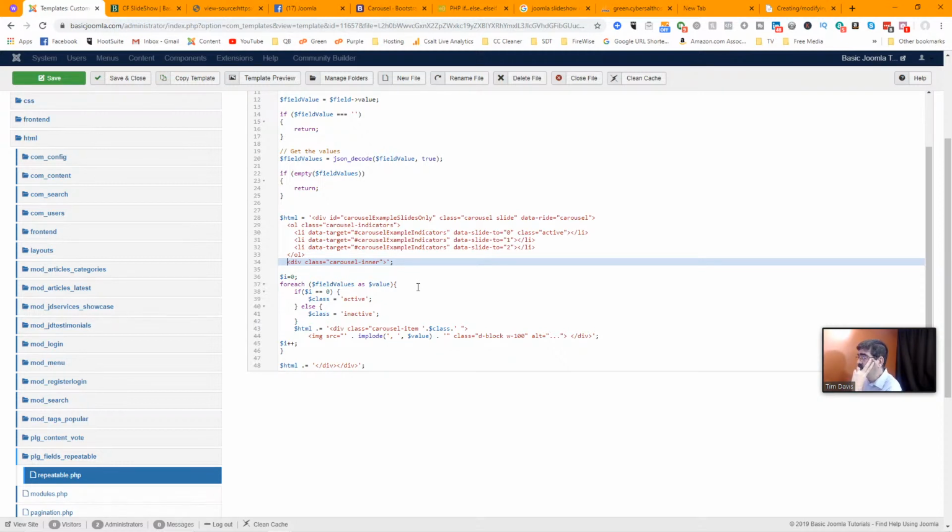Hold on, it's dot. Okay, so copy the text for the class. In where the 0 is, data slide to, you're going to do apostrophe, dot,